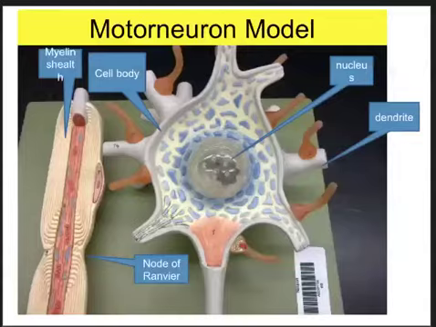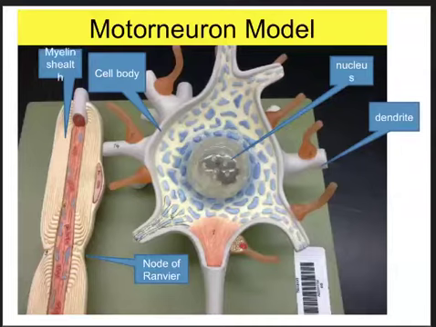So we'll start with the motor neuron model. This is in the lab. We got one out during lab session today, and we were able to identify and locate each of the following structures and also to identify their purpose. So if we start